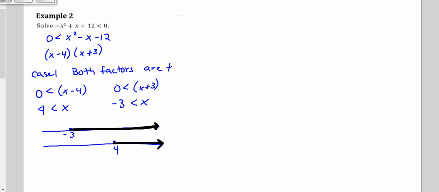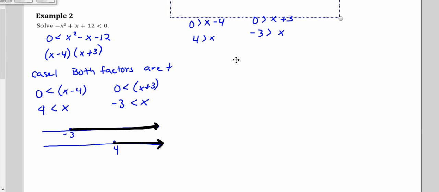That's the first case, when both factors are positive, because anytime you have a positive times a positive number, it equals a positive. Our second case is going to be